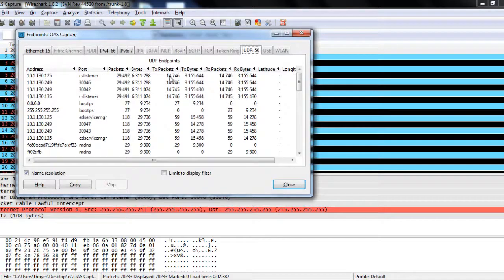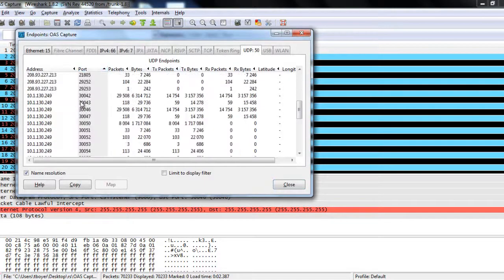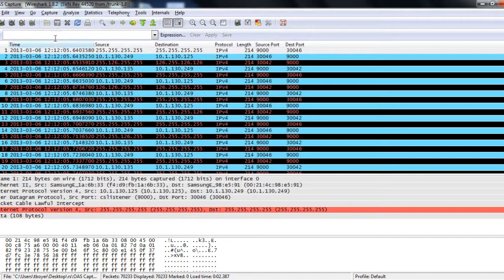So going back to statistics and go to endpoints, I'm going to go over here to UDP and I'm going to sort by port number, and then I'm going to scroll down, and so we're at 29,000. The first one that I can find is 30,042. Okay, so I'll go ahead and close up, and here I can type in a filter to filter out all of this traffic. Down here we know we have 70,000 packets, so I'm going to go ahead and type in a filter of